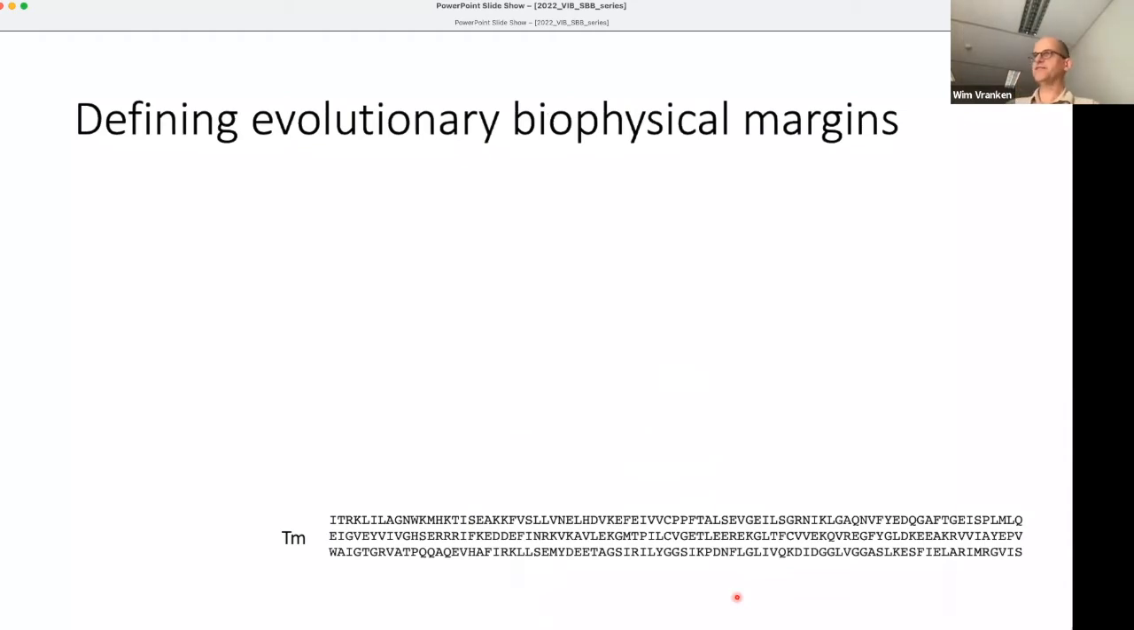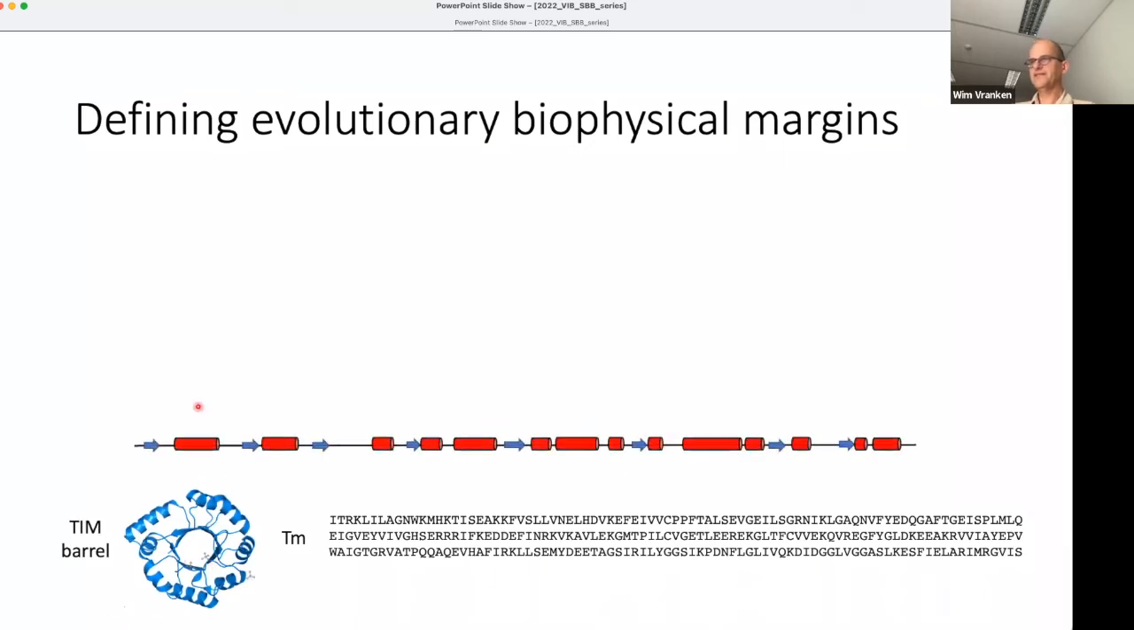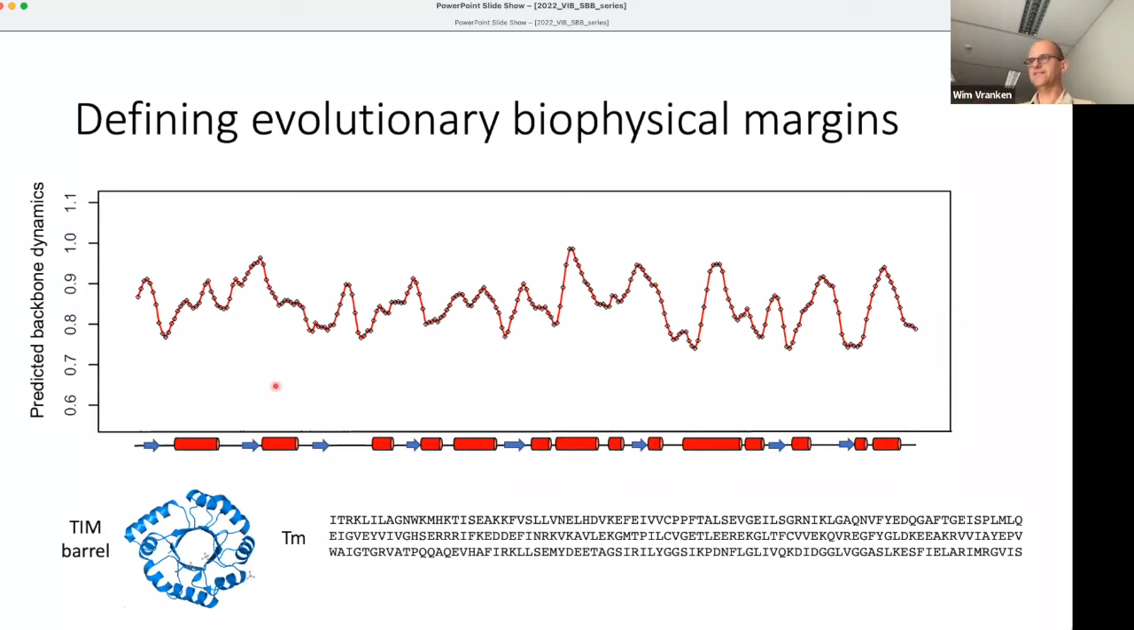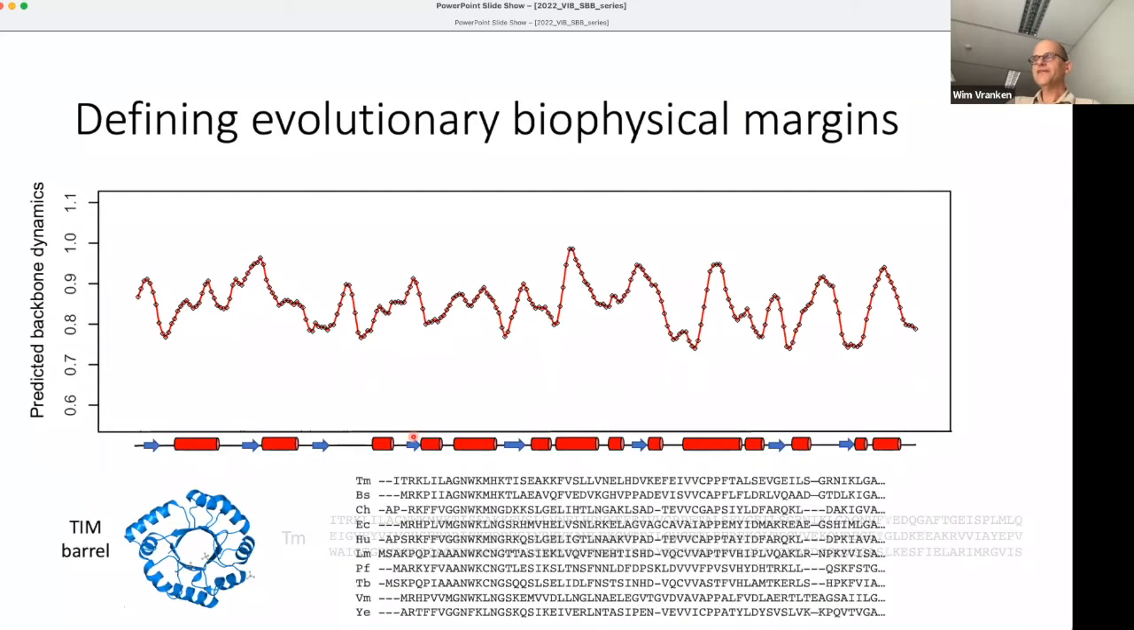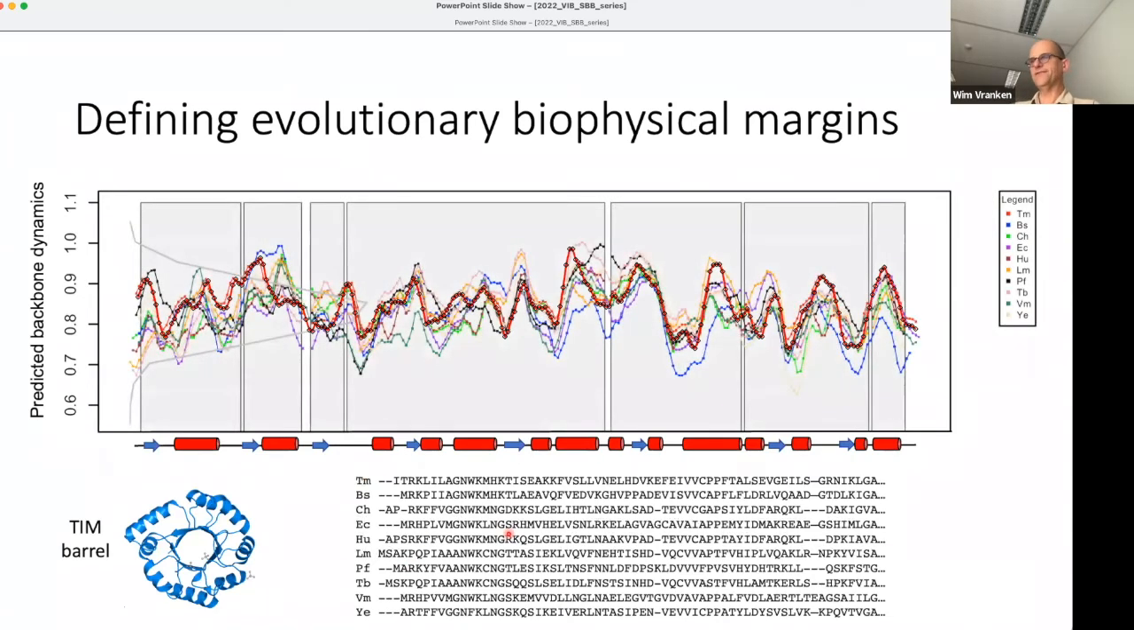So here's an example, for a TIM barrel, where here you have a sequence of the TIM barrel. This is the structure. This is the secondary structure related to the sequence. And you can run predictions. This is backbone dynamics, and you can see there's quite a lot of variation, and it relates to the secondary structure elements. But what you can do now is use evolutionary information. So this is a structure-based alignment for TIM barrels. You can then run the prediction and plot these all mapped on the multiple sequence alignment. And then you can see that there are persistent peaks in this profile and also persistent troughs,